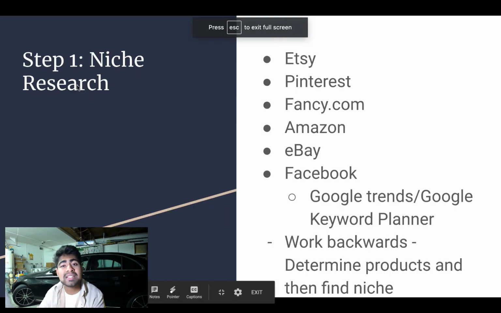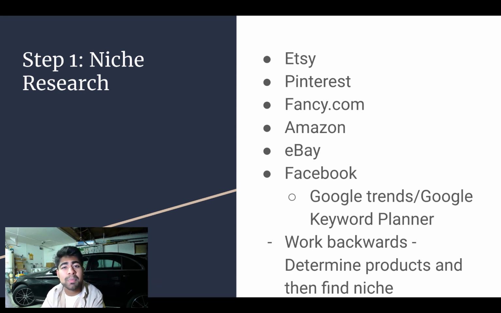In this case, what we did is, if we didn't have an idea as to what we wanted to do, work backwards. Just type in the product that you want to sell. In this case, we did shirts, but it can be changed to home decor accessories, wall art, bathroom accessories, or even things like pillows, pillow cases, pillow covers, phone covers, etc. Anything you want, just type it into Amazon or Etsy or Pinterest and see what search results are the most searched ones, and then from there go into the Google Trends and Keyword Planner tool and rank by the highest